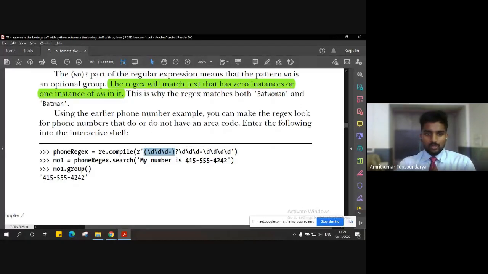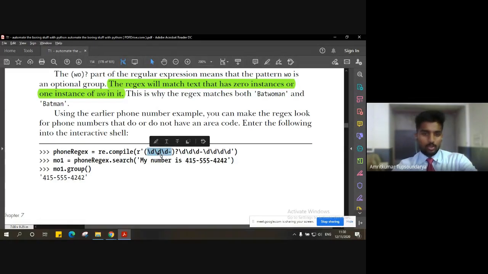So as you can see here, there's a question mark, and inside the parenthesis, whatever is there is optional. So phone number regular expression, re.compile raw, and then the regular expression, which is a